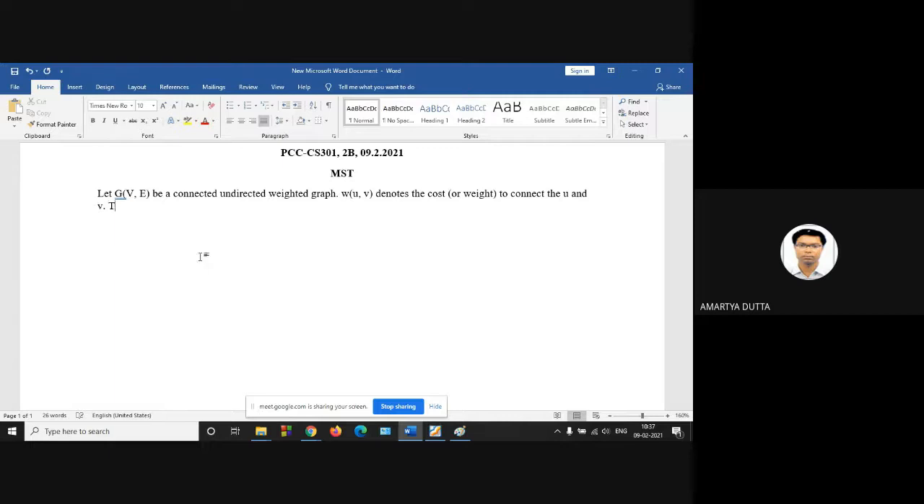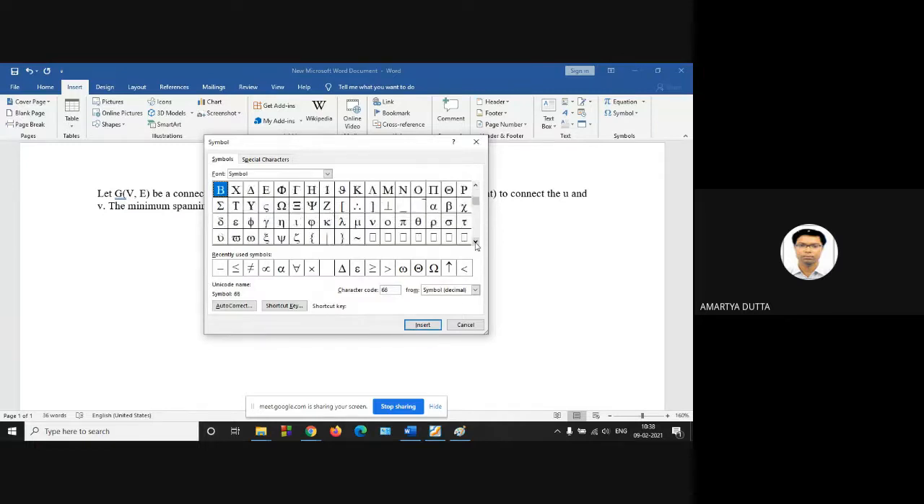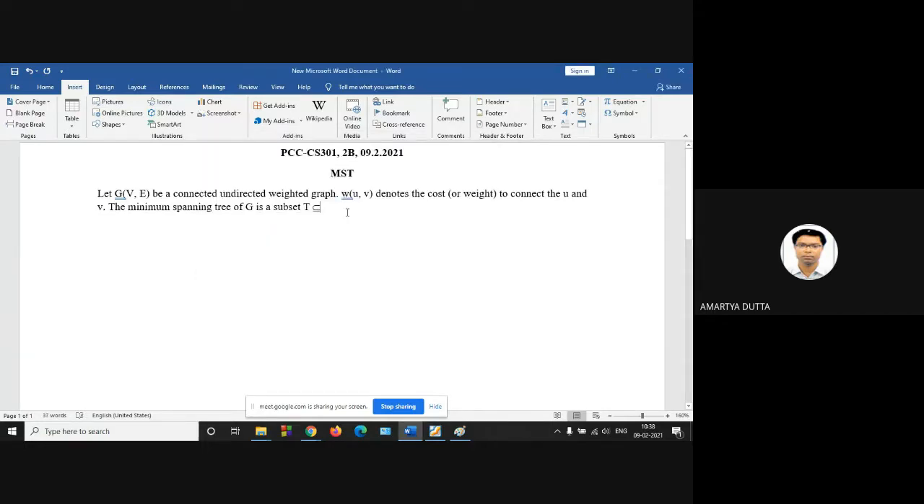The minimum spanning tree of your given graph G is a subset T. So I have to put the subset sign: T is a subset of E, a subset of edges,